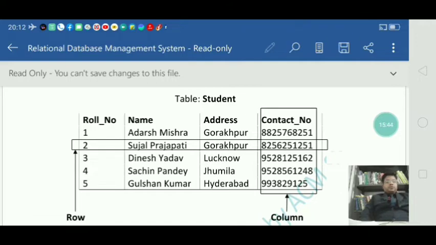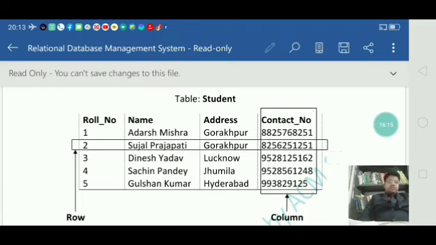You can take any column from your table as your key, but that column should have unique values. Values should not be repeated there.